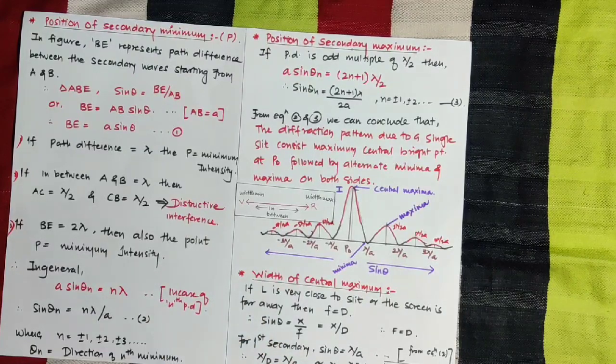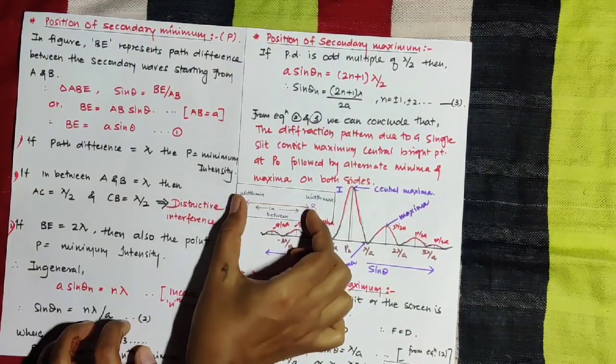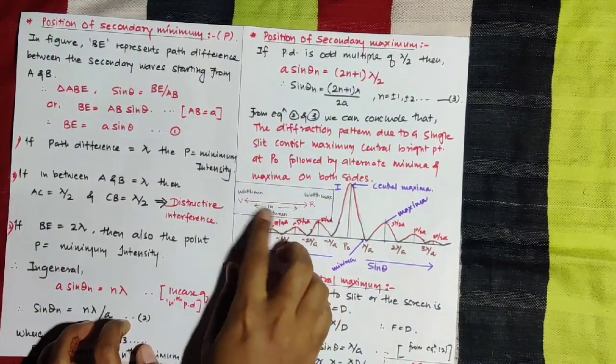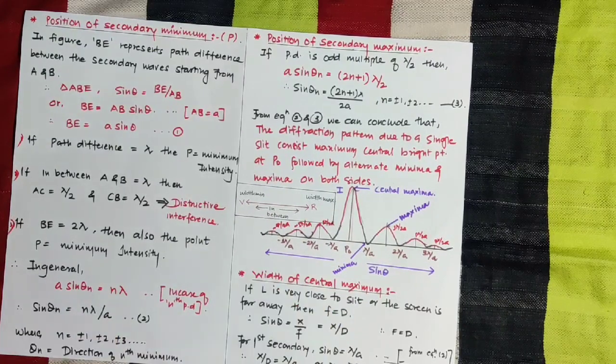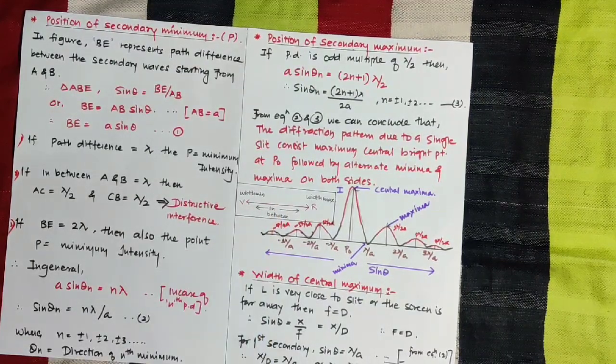So indigo, blue, green, yellow, orange, these 5 colors present in between V and R have in-between widths. That means it is minimum or maximum depending on the wavelength of light. Because of that, we can say that the width of the central maximum band is directly proportional to the wavelength of light.